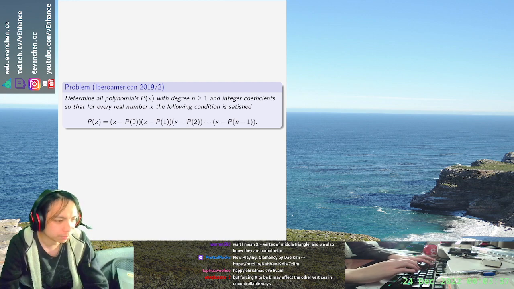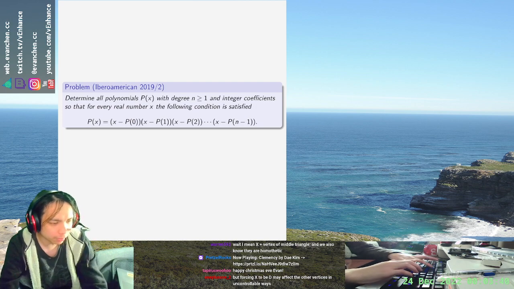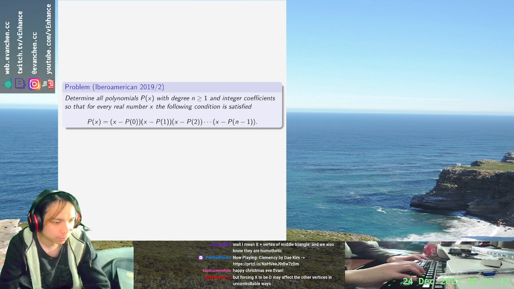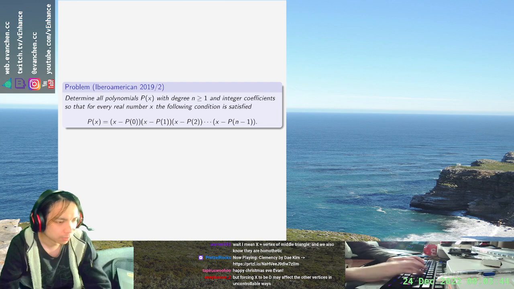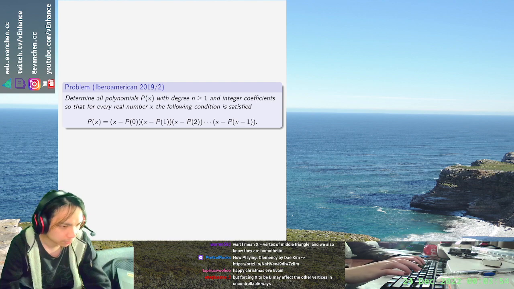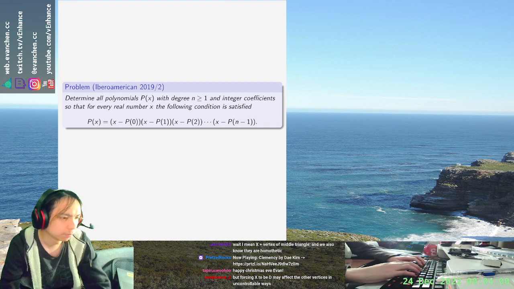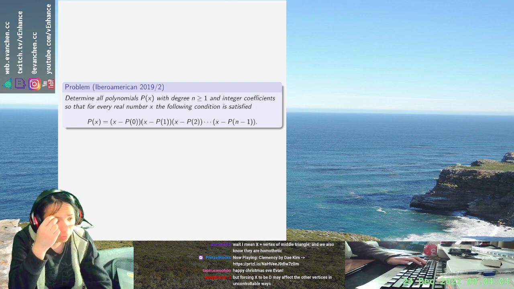Okay, n equals 2 is a little more interesting. I feel like I want to actually just write it in coefficient form. So b is supposed to be equal to p0 plus p1, which is c plus b plus c. And c is supposed to be the product of these two things. Okay, so right away, actually,